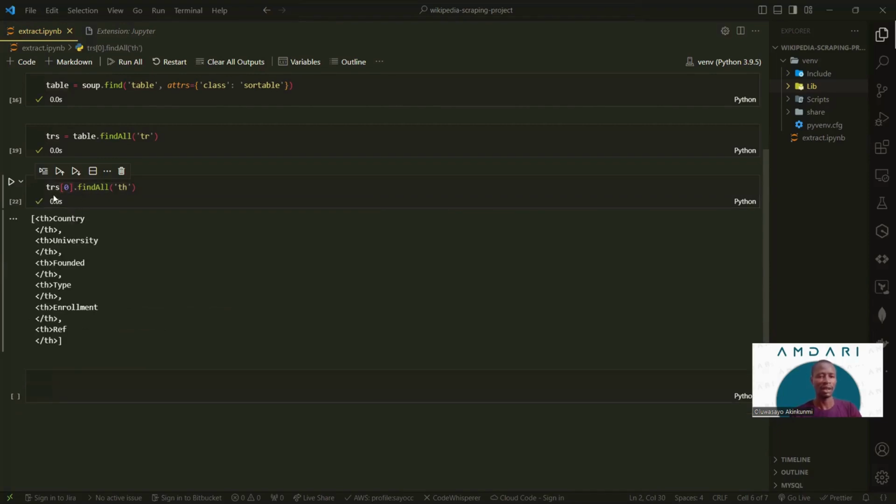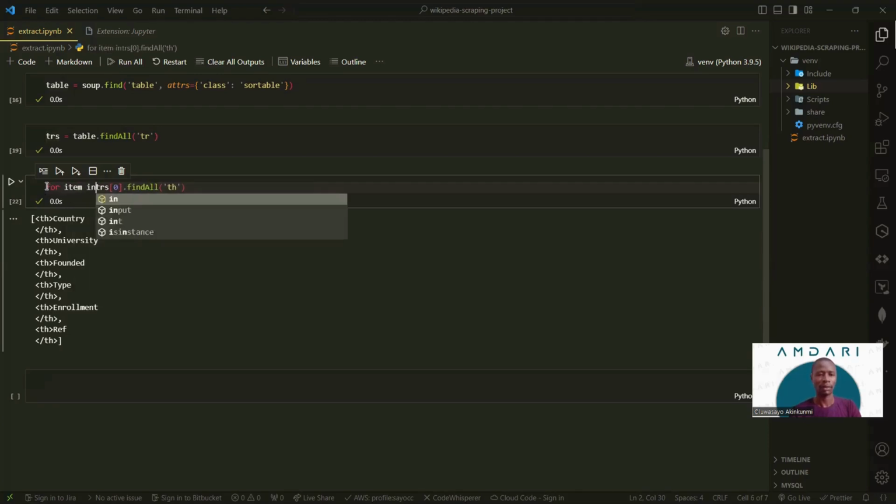You see that this now gives this row as an array of all the th elements. I can decide to write a for loop, so in fact, let's just do that. I can say for item in everything here. Since I know trs 0 dot find all th will give me a list of all the th,